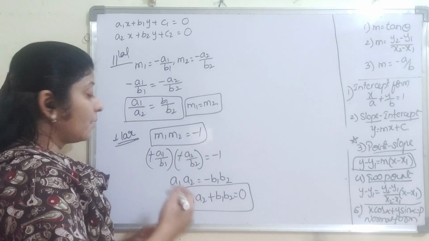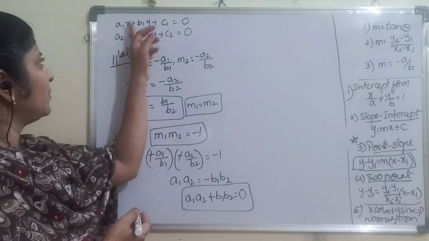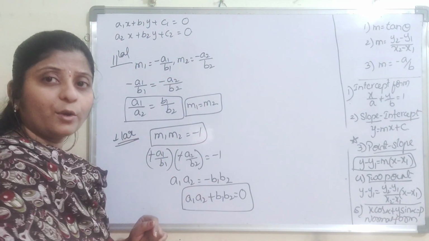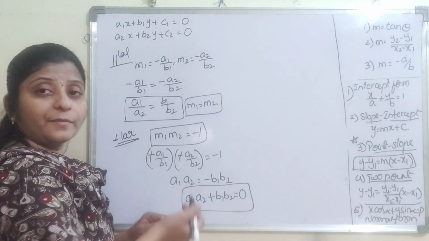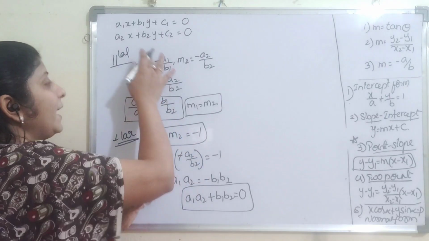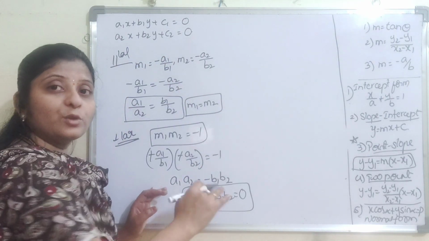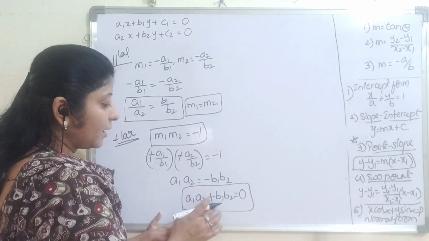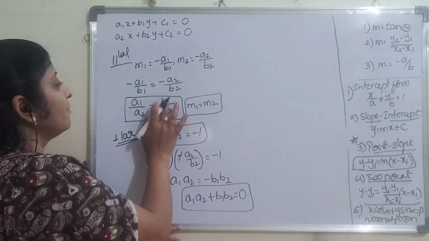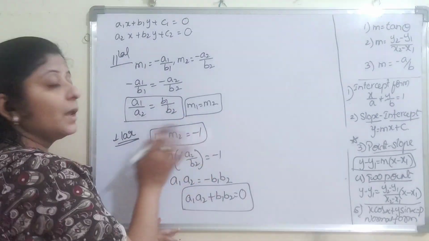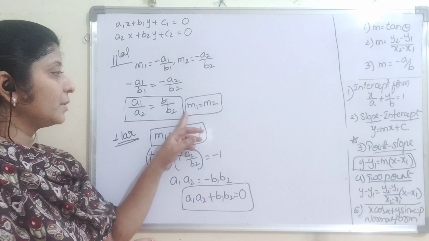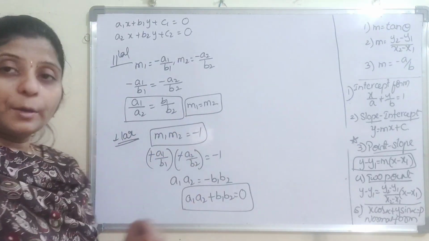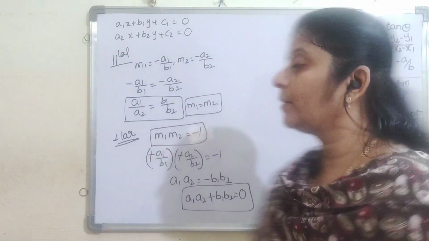If the two lines have an unknown value in real numbers, one unknown value will be given, and he will ask to find the unknown value when two lines are perpendicular. You have to take this condition. These are the conditions. So you have to remember the slope parallel condition and the perpendicular condition. And one more thing,